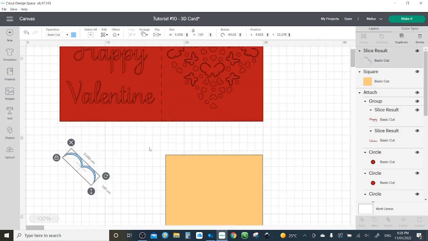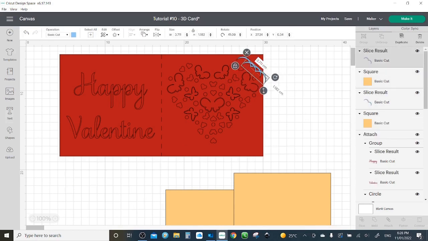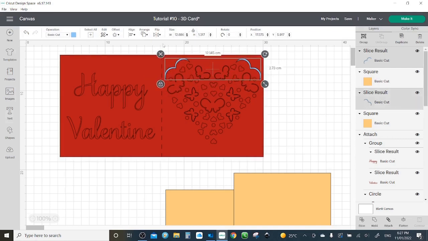Rotate, then move it to the corner of my red card. And that will make a little opening, a little slit inside the red card. Duplicate it, flip horizontally, left click and drag, or on the keyboard, click on the arrow. Selecting both of them,